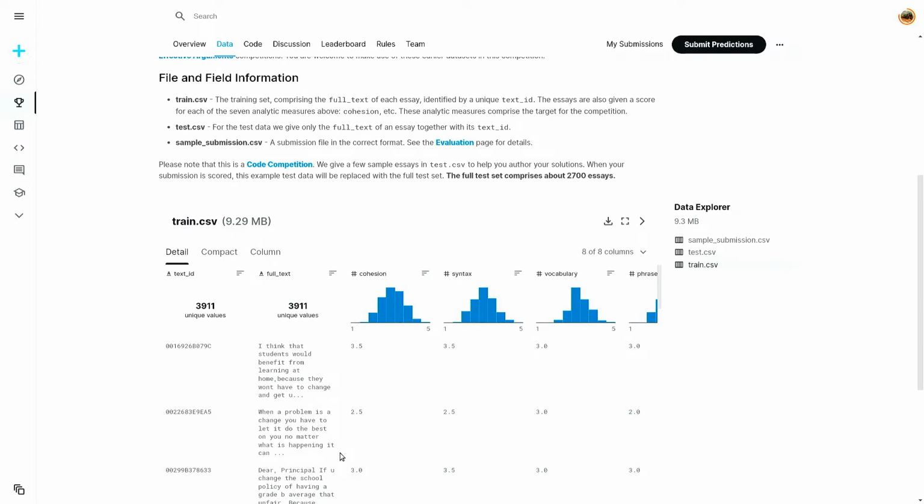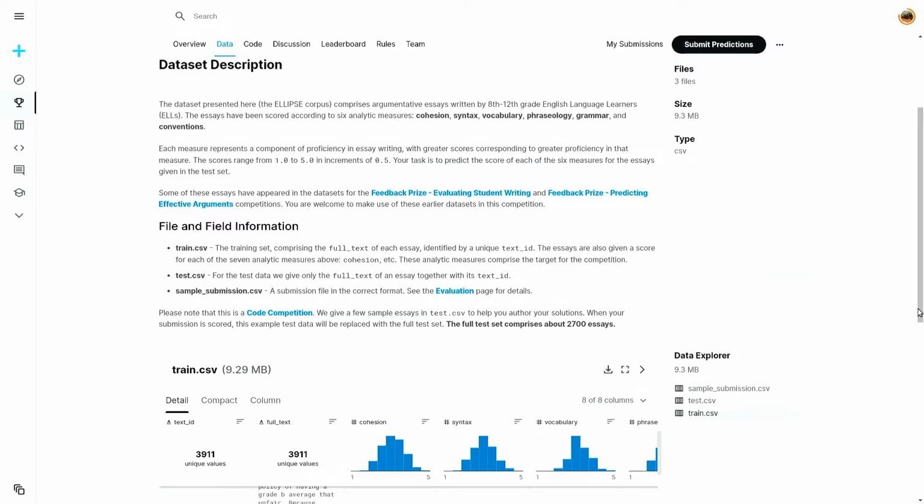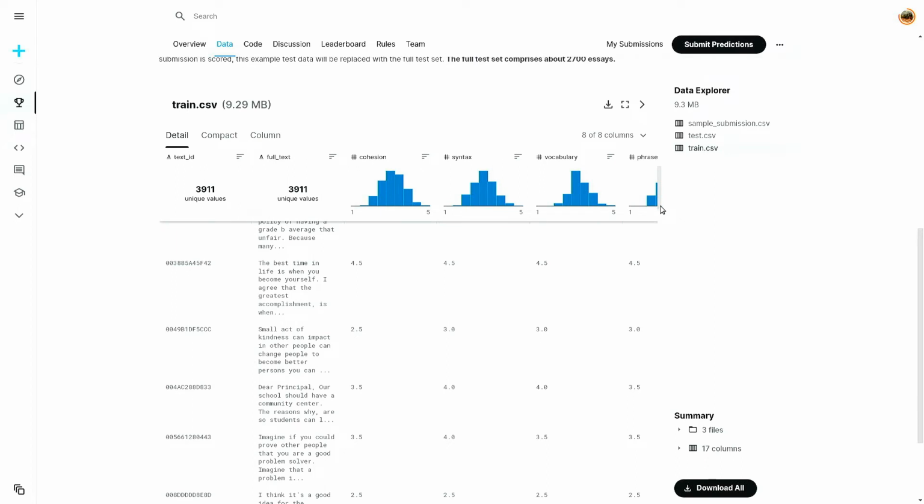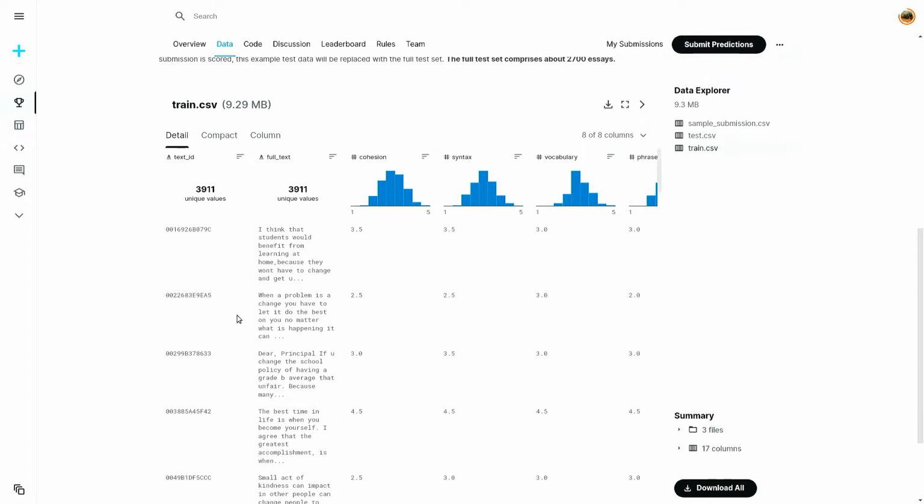Okay, this is our train CSV. What we have here is a unique ID that represents each student, and then the full text. And then the different headings under which this text is measured and the scores given. So one heading, for example, is cohesion, and this particular writing got a score of 3.5.